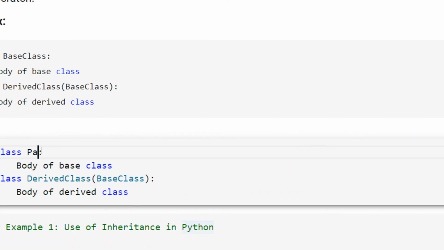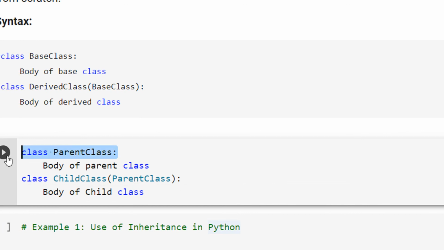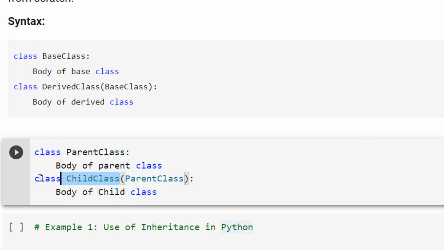So this is, I will say, the parent class, and this is the child class. This is how it looks. We are defining two classes, class Parent and class Child.